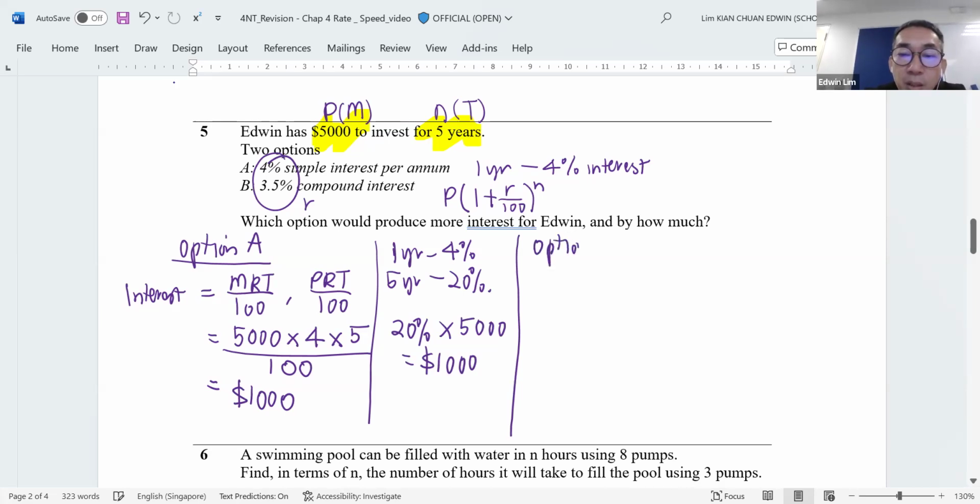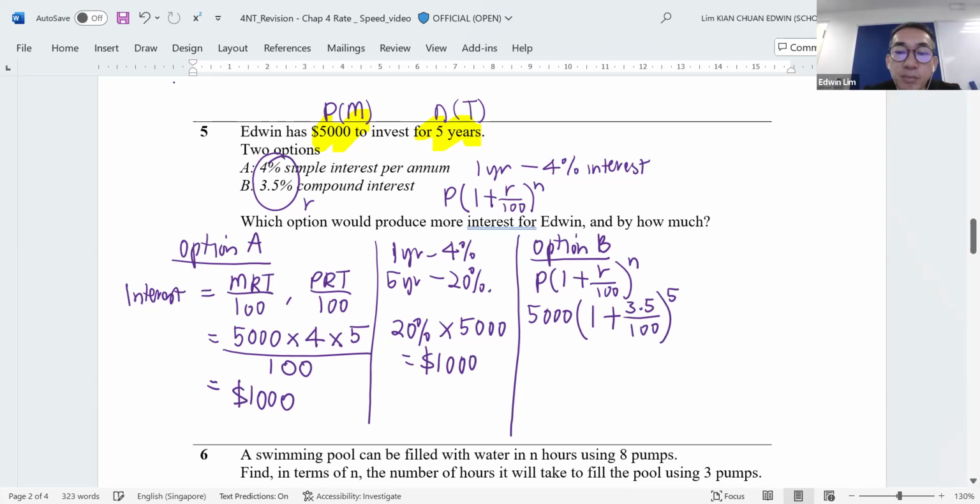Option B. For option B, we have no other choice but to use the formula because it's using compound interest. P times (1 plus R over 100) to the power of n, and P is 5,000. 1 plus 3.5 per 100, to the power of 5 years. After this, you use the calculator. 5,000 times (1 plus 3.5 over 100) to the power of 5. Okay, you will get the answer of